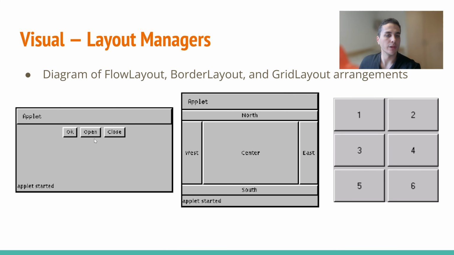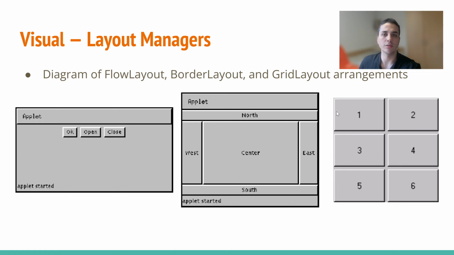The first one is FlowLayout. You can see the components go with the flow. This is BorderLayout. We have five parts: north, south, east, west, and center. And we have GridLayout. We can specify how many grid cells we want, and it will give us